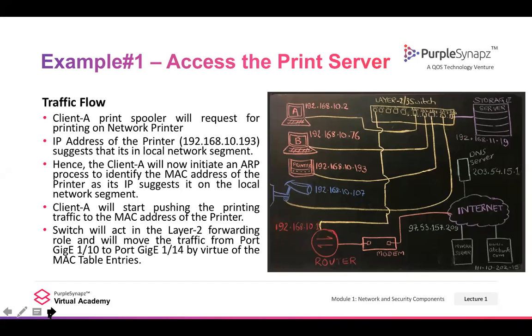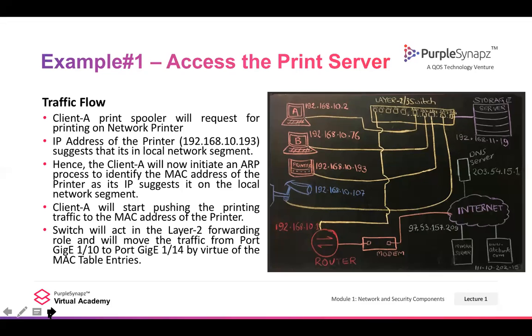So in a wired or wireless network, when in the local network segment I understand that it is my local LAN machine itself, then we start an ARP protocol process. The ARP process itself is a little complicated. It starts with a broadcast and so on and so forth. So I am not discussing that. Anybody who is interested and is looking at this for the first time can do a Google search to find it out. The most interesting part is that ARP in this local domain will help me find out the MAC address of the printer by a dynamic process. And once I know the MAC address of where I want to go,